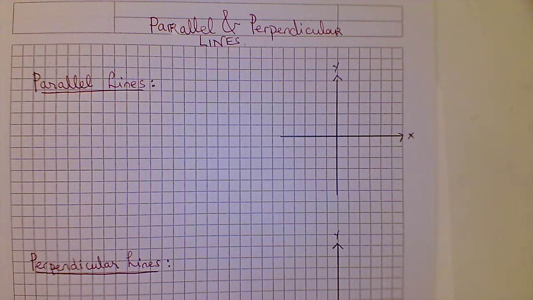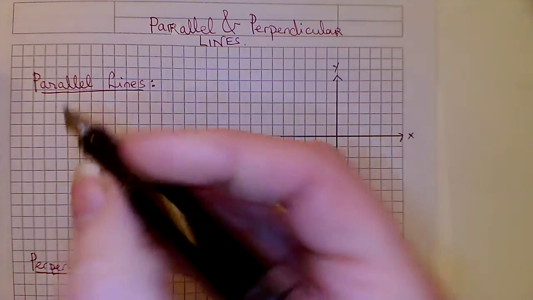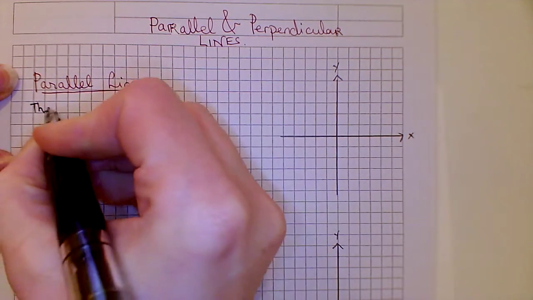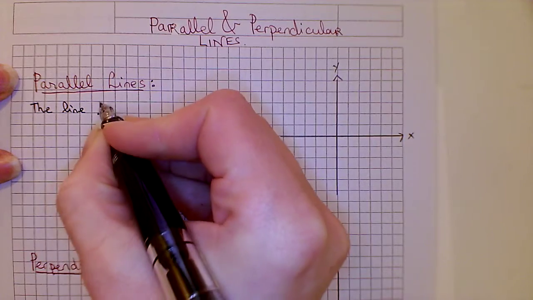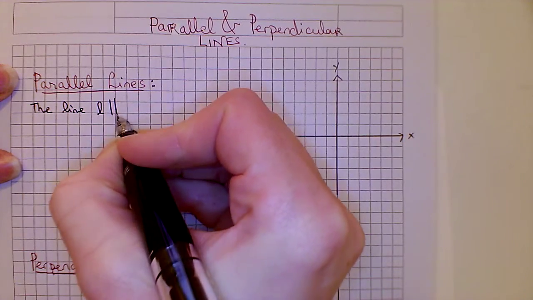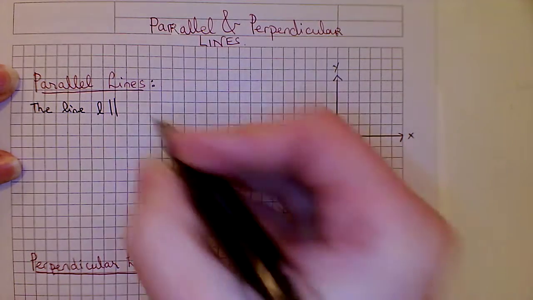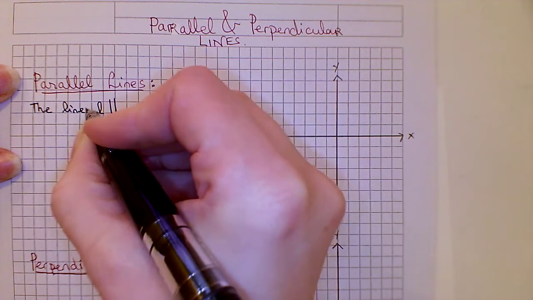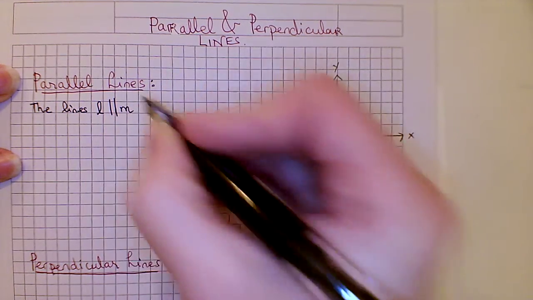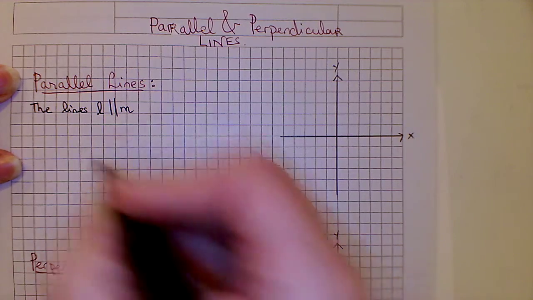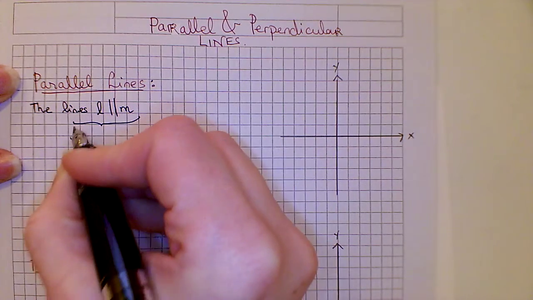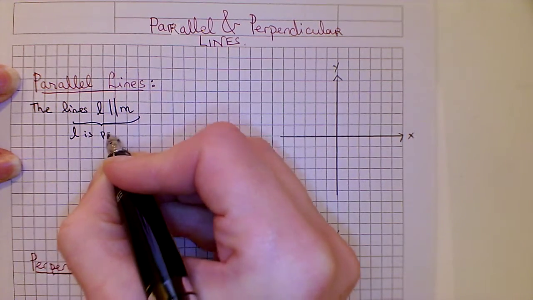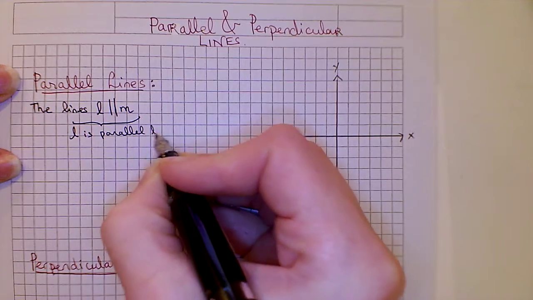Now in normal geometry, you've already learned a bit about what these are. So we say that the line L is parallel. Here's our symbol for parallel, two lines down like this. The line L is parallel to the line M. That's how we read that. L is parallel to M